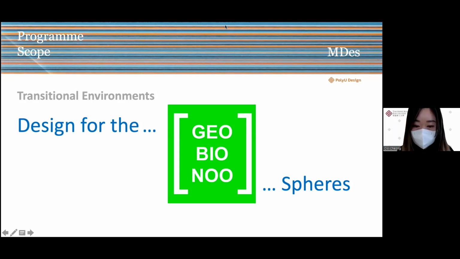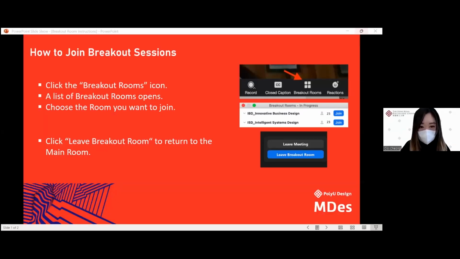Okay, thank you, Sunny. So we have already had the introduction of the 4 specialisms. The next session will be a breakout session. You could choose the breakout room that you would like to join for a more detailed introduction. In case you don't know, you can find the breakout room icon in the bottom control panel. When you click the breakout room icon, you can choose the breakout room that you want to join. You may see the short form and also the full name of the breakout room for each specialism. When you choose the room and click join, you can join the breakout session.